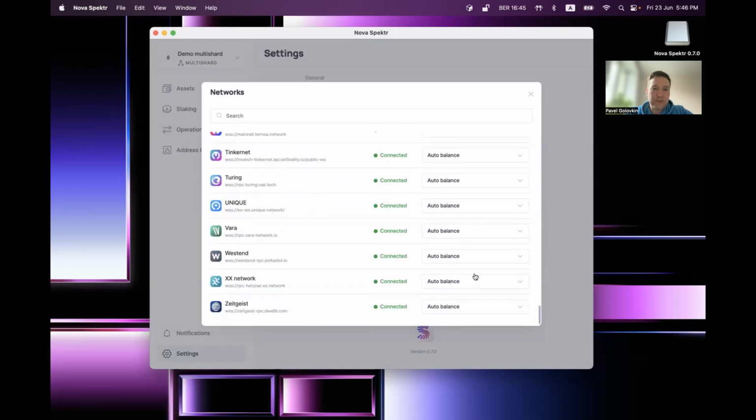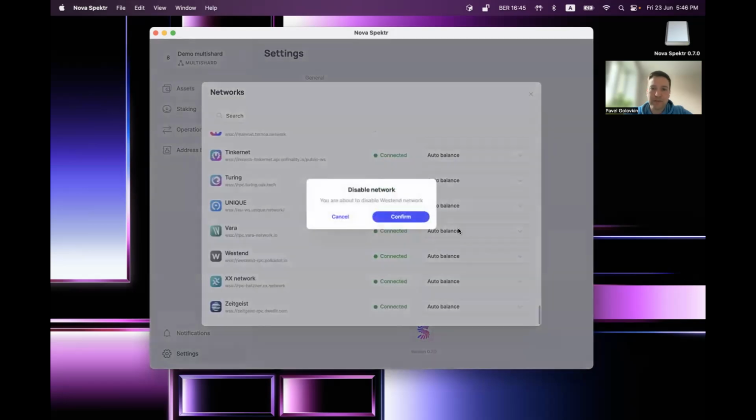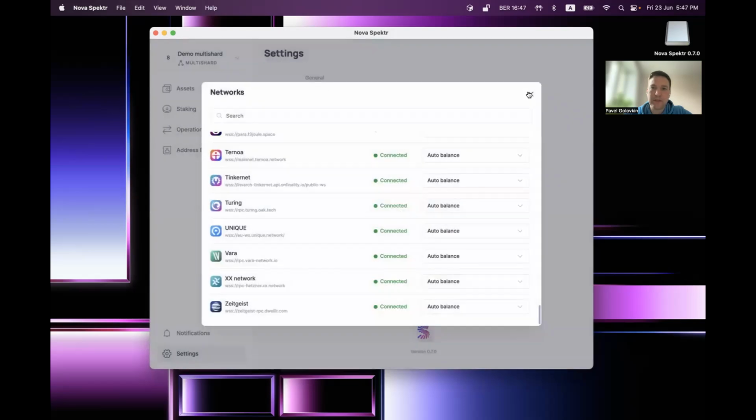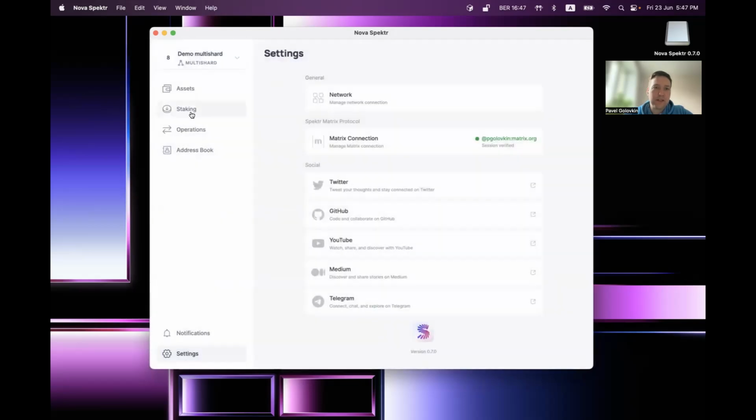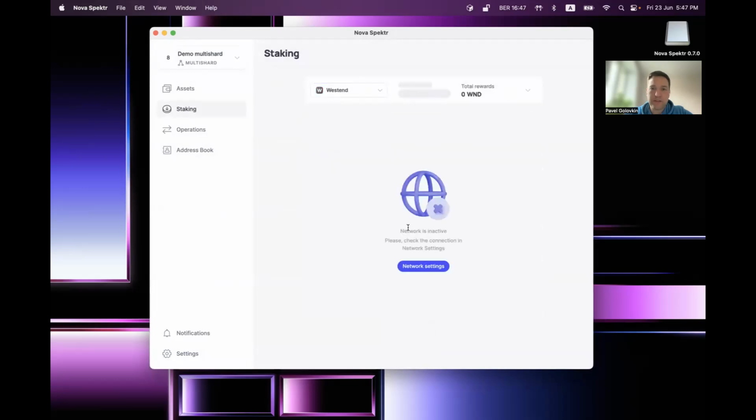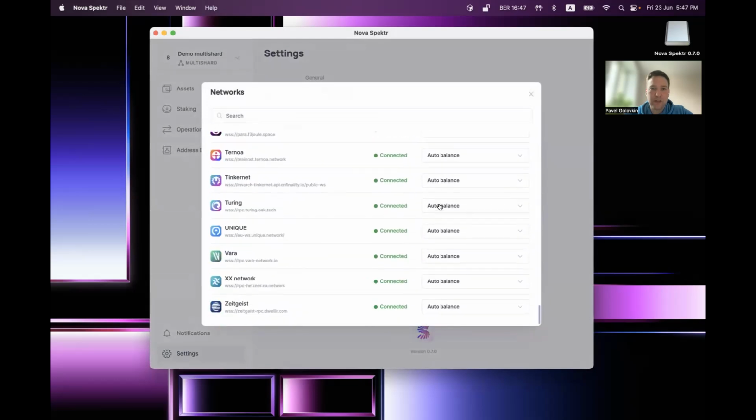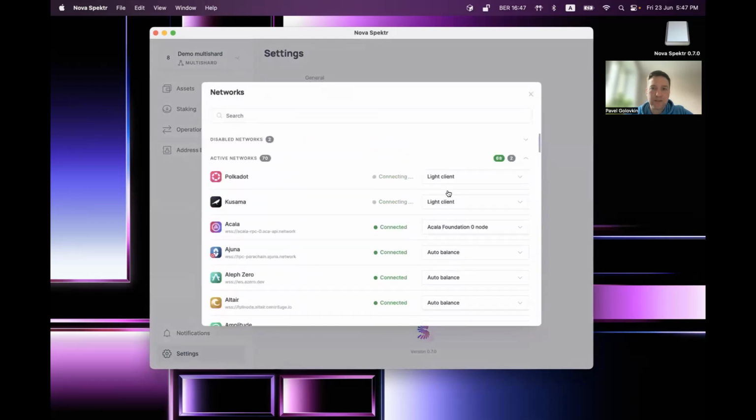And let me show an interesting thing. For example, for Westend, I can disable it. Okay. And then I can go to the staking and select Westend here. And now you see that the application realized that the network is inactive and I should check it. So I can go back to the network settings, find the Westend, it will be at the top